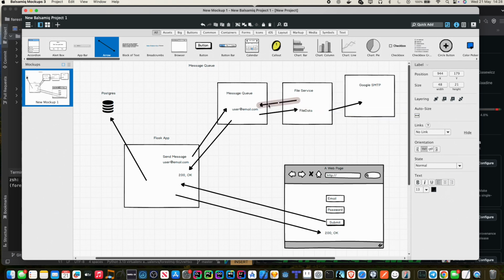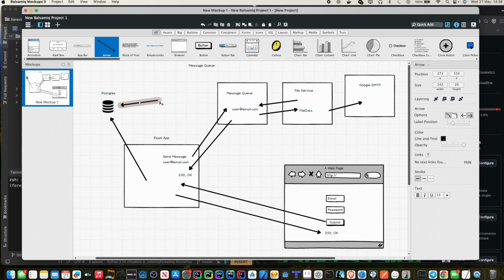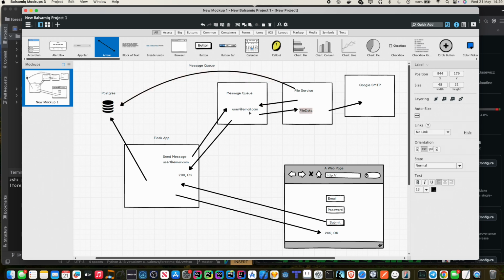And what might happen is you might get the message from the queue, and then you might reach out to this database here from this service. It might not be file data in the queue. It might just be an ID for every user. Then you go and get the data from Postgres,